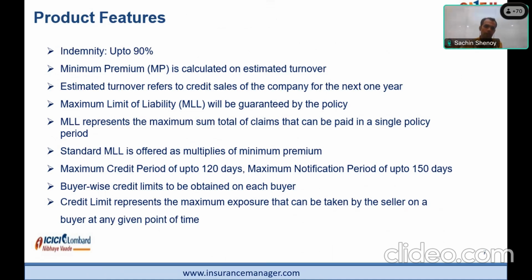In case you find the limits requested are short, you can make multiple requests during the tenure of the policy to increase the limits, and then you can take the additional limits and subsequently do business with them. The credit limit here represents the maximum exposure which you're going to have on that particular buyer. While we understand at inception you might think of X, if the business picks up and your requirement increases from X to X plus Y, you can make that request once the policy is going on.